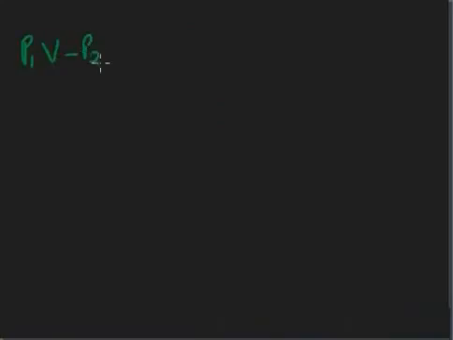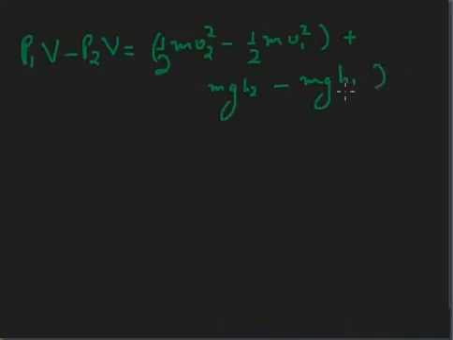So from here we can write the expression like this: P1V minus P2V is equal to half m v2 square minus half m v1 square plus m g h2 minus m g h1. Now I will take all the 1s on one side and all the 2s on the other side. So I will get P1V plus half m v1 square plus m g h1 is equal to P2V